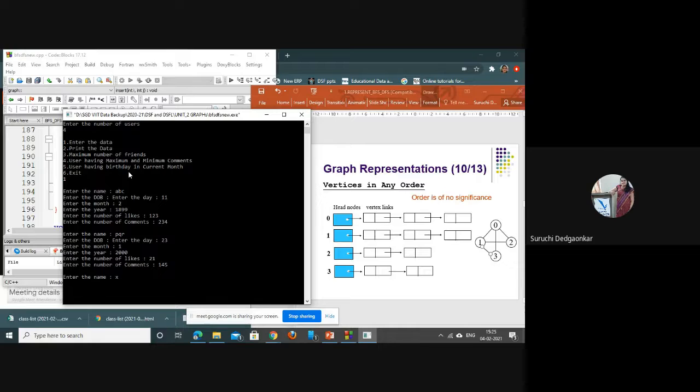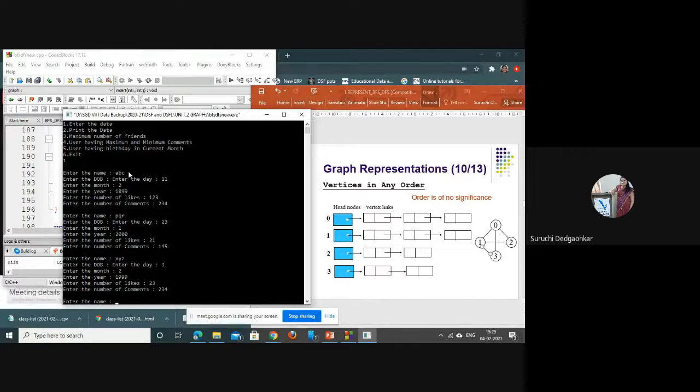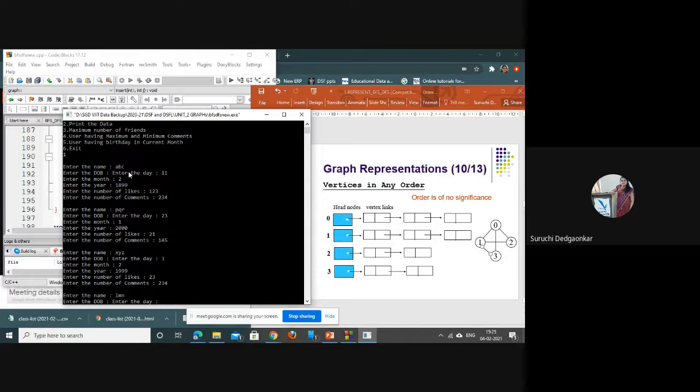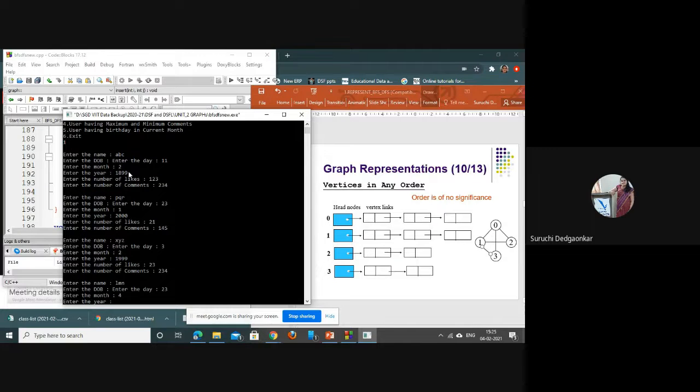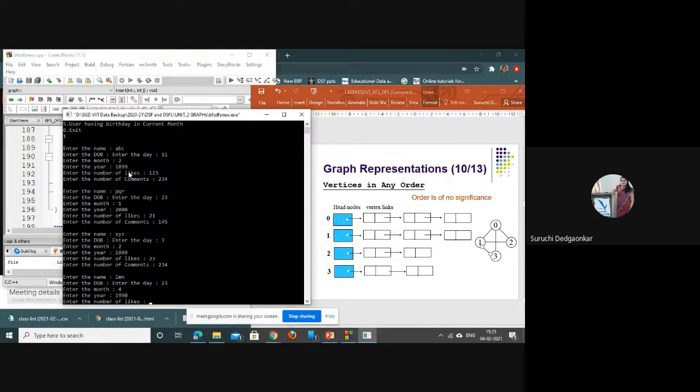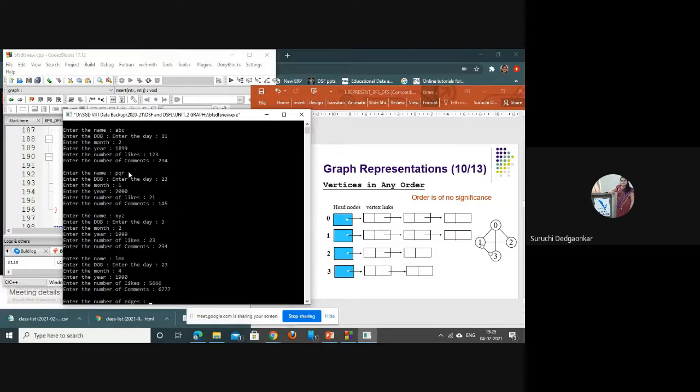Then the next user XYZ, date of birth, number of likes, number of comments. Next user, date of birth, number of likes, number of comments.